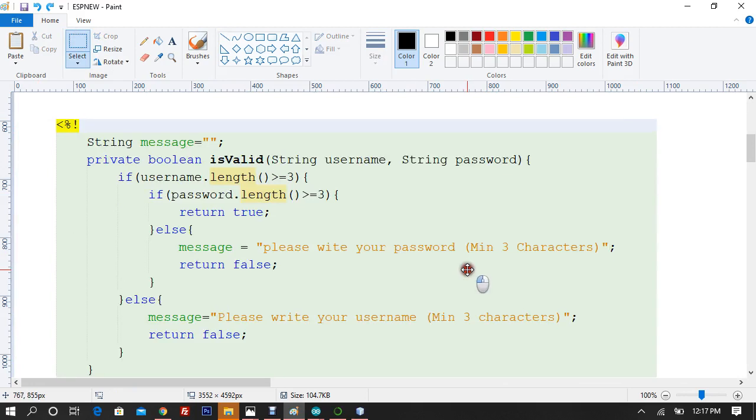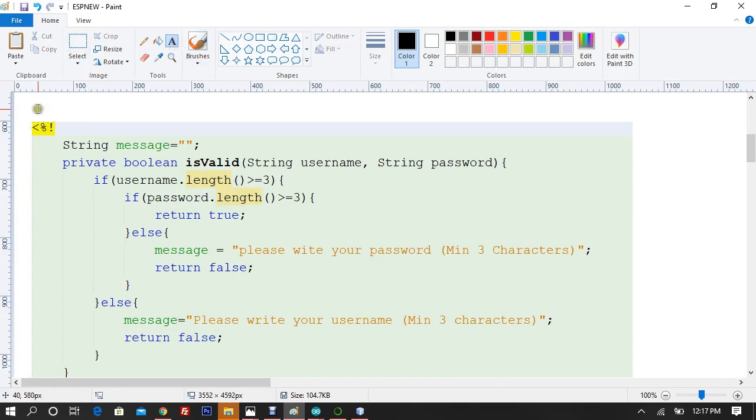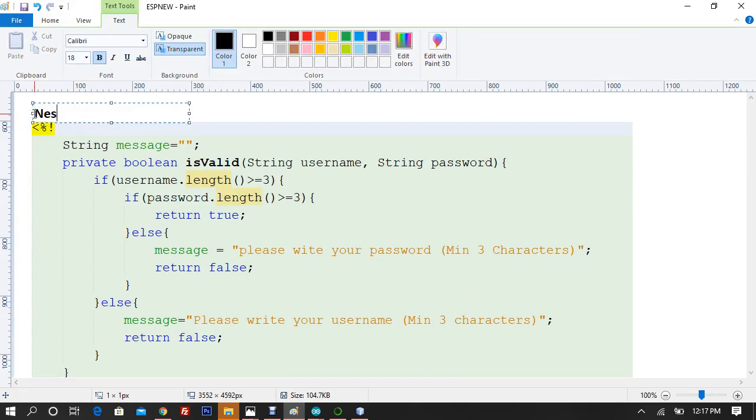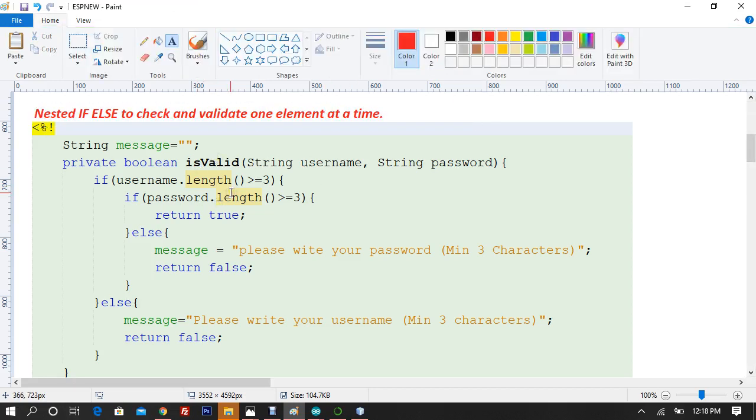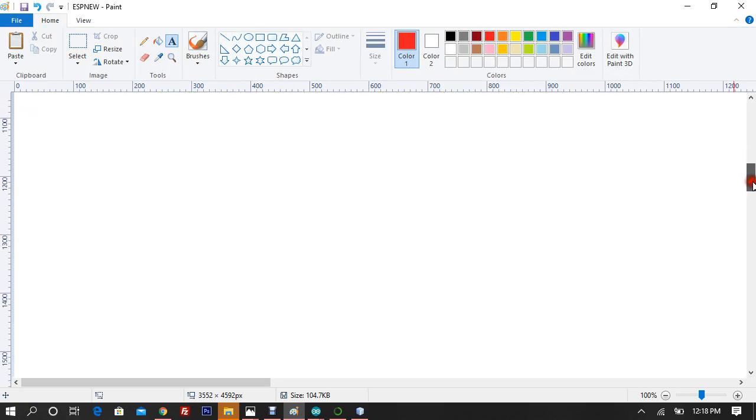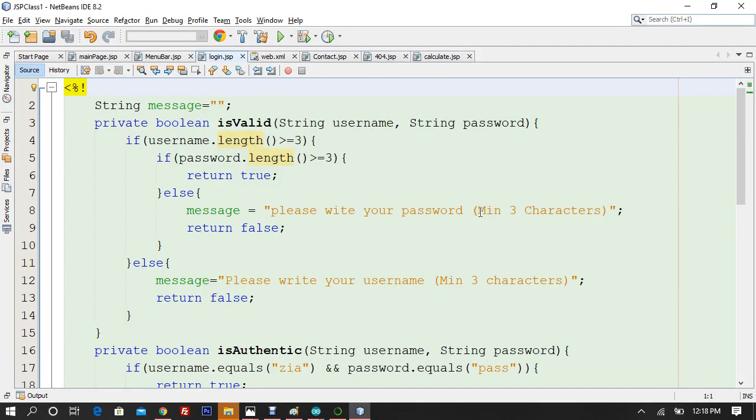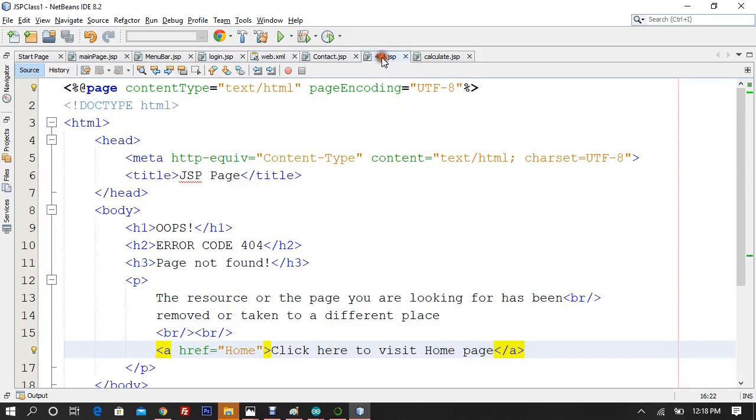Alright, so this is called nested if else, to check and validate one element at a time, right? So already seen, first it will check for username and then it will check for password rather than checking for both of them, right? And the second thing we learned was